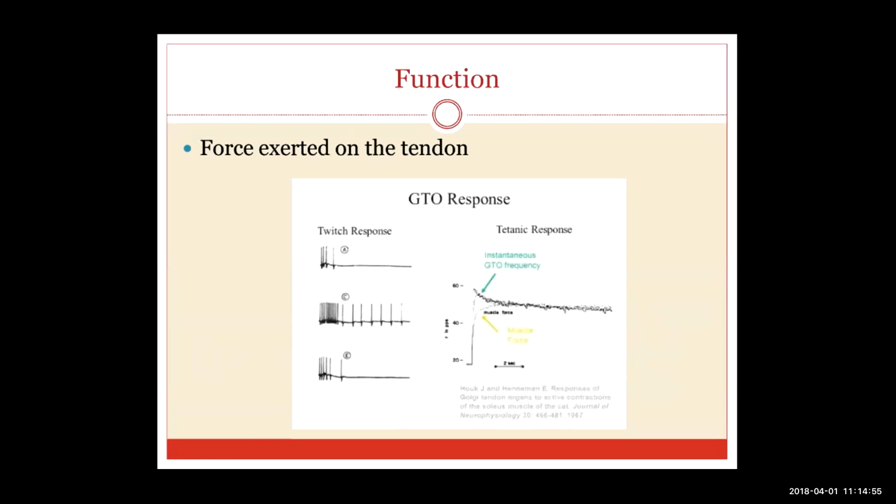Right. So in summary, till now we have seen what the muscle spindle is, what its parts are, and what information it passes. We also saw what a tendon is and what information it passes. So the muscle basically passes length and velocity, and the tendon passes the force which is generated.